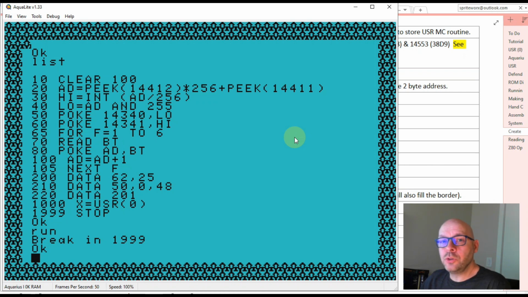So both of these methods work by automatically calculating where in memory to store our program. We can either store it in space reserved for a numeric array, or we could store it in space reserved for the string buffer. And like I said, we might need to play around with it a little bit depending on how the stack exactly gets used with this system variable. But the method seems to work fine for my examples, and I just wanted to share that with you. So now we have two more methods we can use for storing machine code and running it on our Aquarius